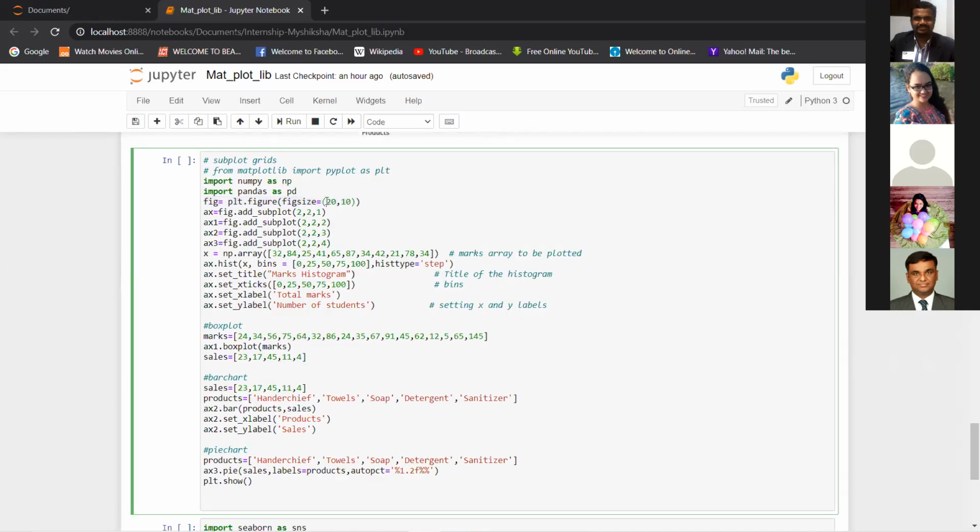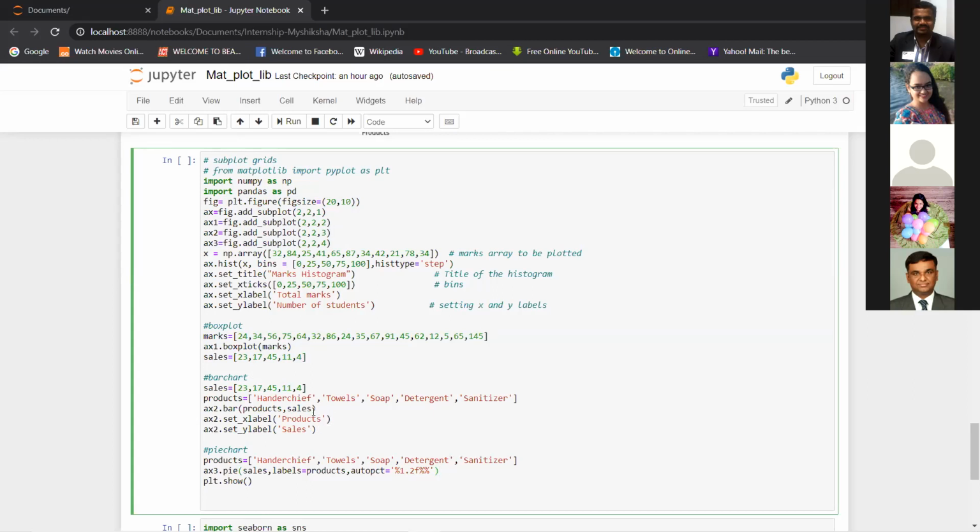I've given the width and height of this area using the figsize parameter, and then I'm creating the four axes. So I don't need to call the plt.figure function every time now. I will just simply use four axes.